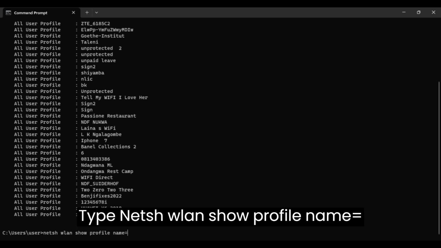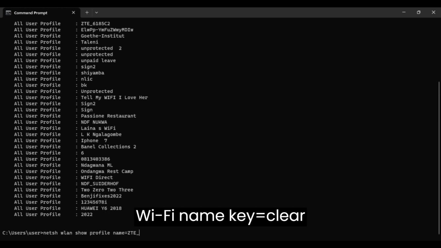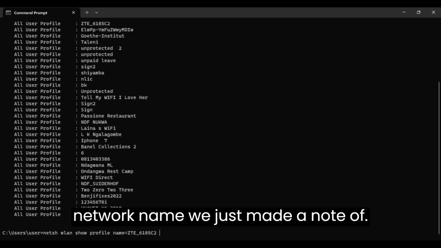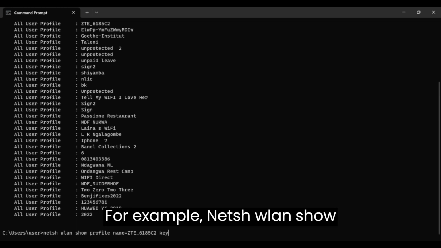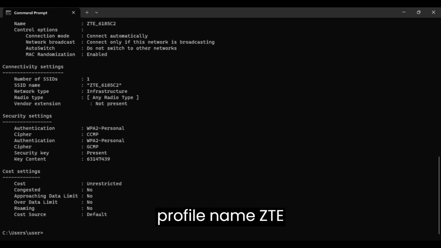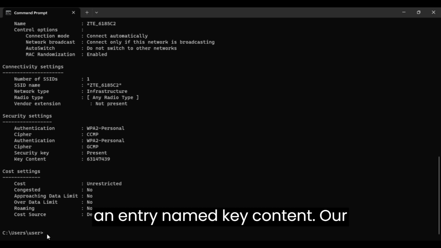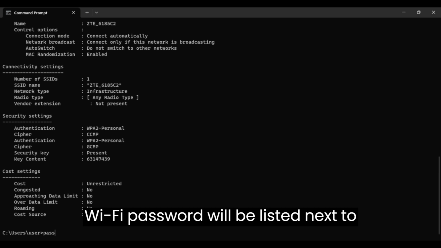Type netsh show profile name equals Wi-Fi name key equals clear, substituting Wi-Fi name for the network name we just made a note of. For example, netsh show profile name ZTE_6185. Scroll through the results until we find an entry named key content. Our Wi-Fi password will